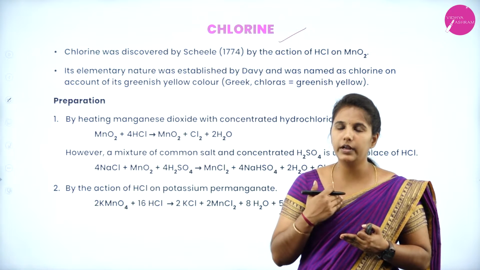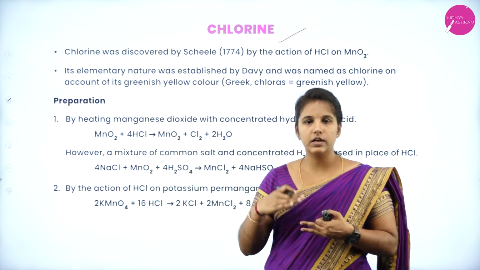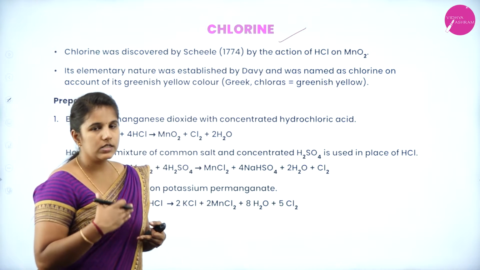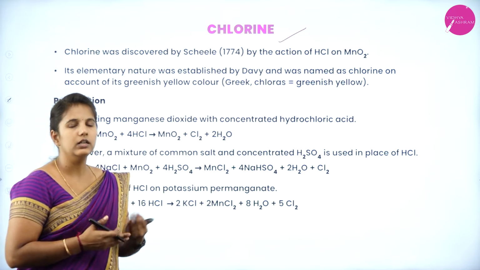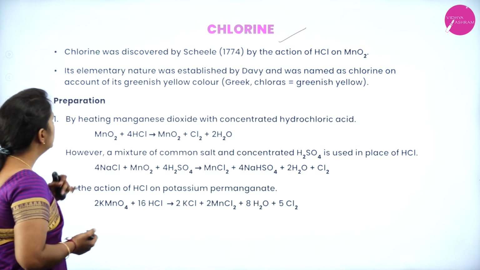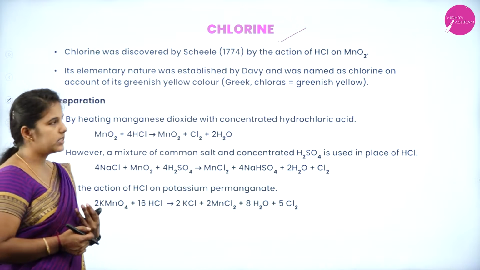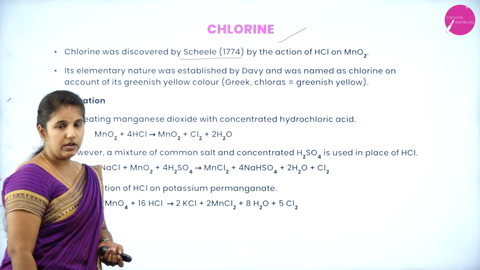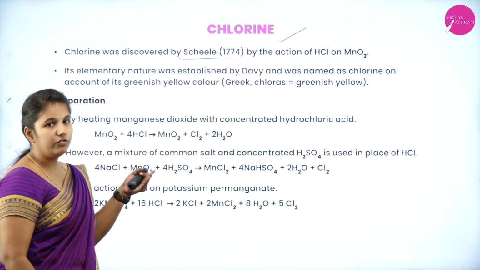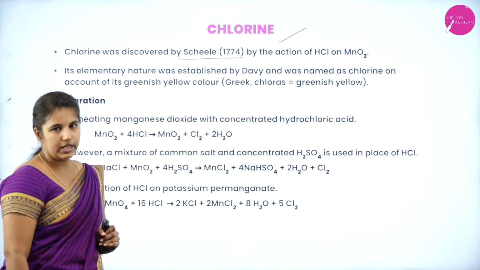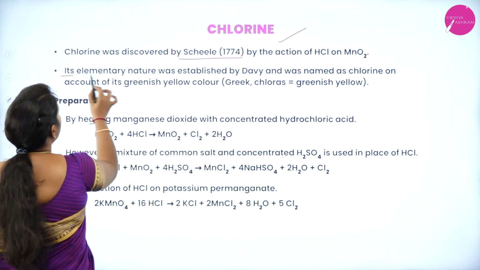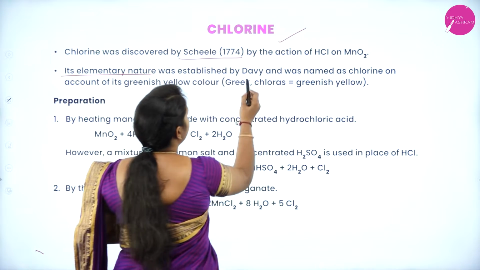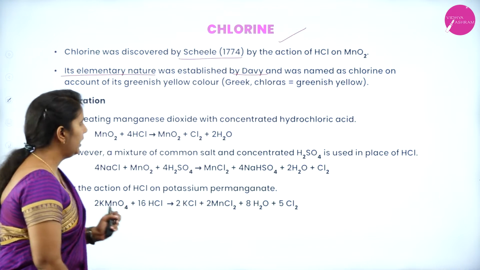So remember, both chlorine and fluorine show different characters from the rest of the elements in this group. Hence, chlorine and bromine will be kept under the anomalous behavior. We know that chlorine was first discovered by Scheele in 1774, and he discovered it by the action of manganese dioxide with HCl. And the elementary nature of chlorine was established by Davy, and he named it chlorine